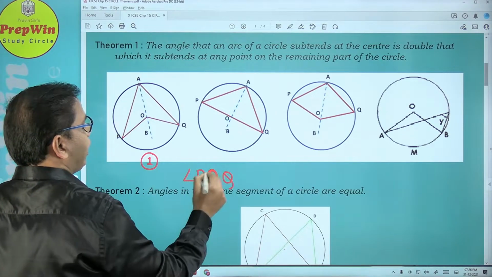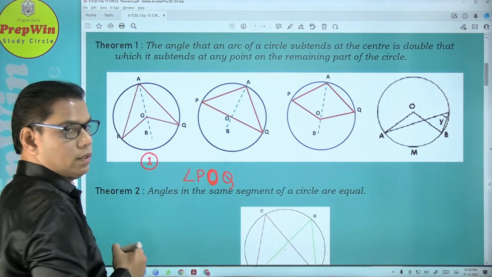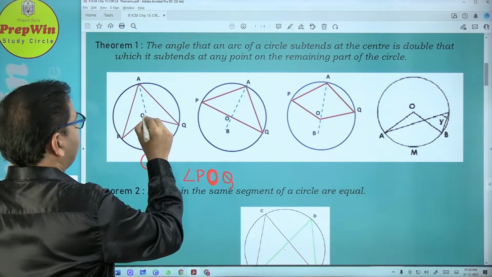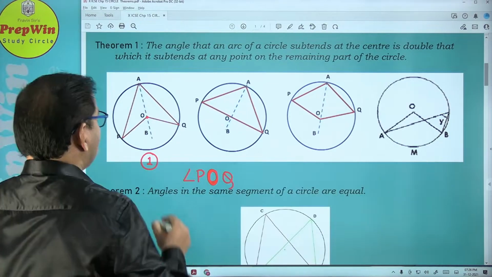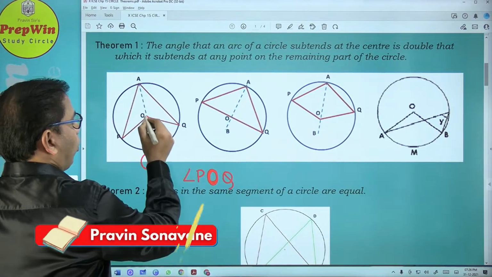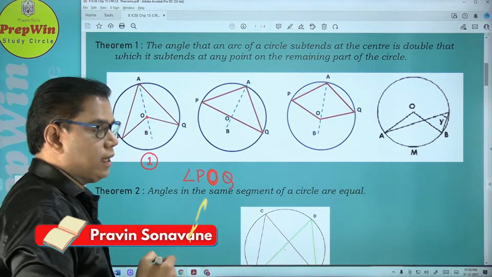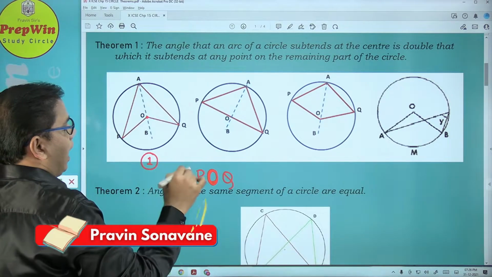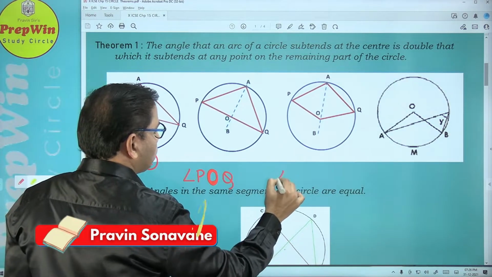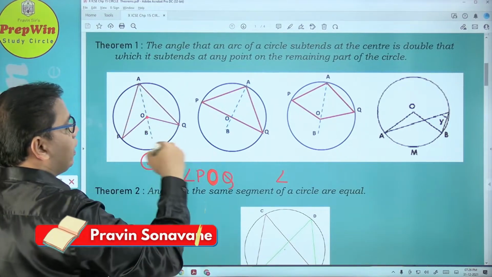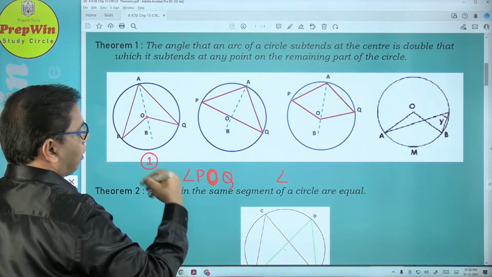आरुष, समझ में आ रहा है ना? ये vertex बीच वाला point, O. Arush, can you hear me? Yes, sir. So POQ, vertex is O, on the center of the circle. Clear? Yes, sir. And can you name the angle whose vertex is on any part of a circle, on the